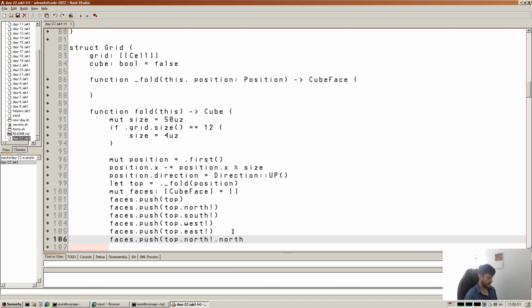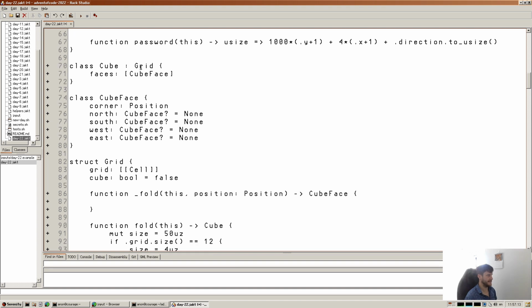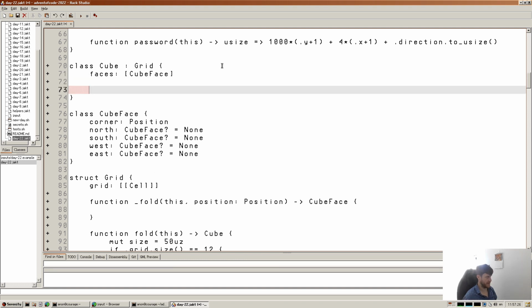I guess north is not the best one, but basically if we go north from there, we go to there, and then we go to there, which will be the sixth thing. So we should have 6 things here, 1, 2, 3, 4, 5, 6, and that should also need a bang. And then we can return a cube with faces, and cube extended grid. So potentially, yeah, I think we need to do something like that, and